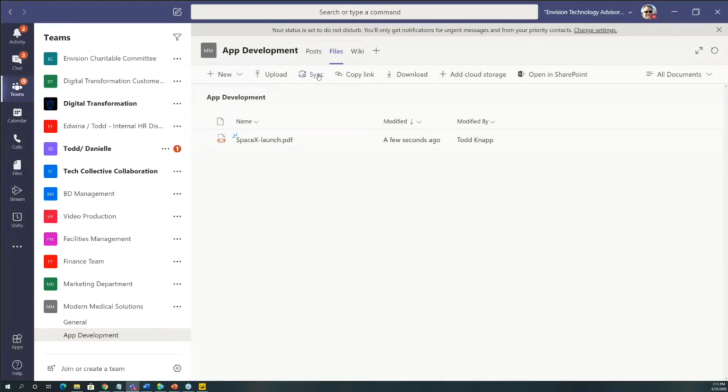Now, you'll notice there's a Sync button here. This is actually Files On Demand as connected to OneDrive. If I click this, this will sync this folder to my local computer, but there is a better way, because you'll notice I have a General channel and I have an app development channel. Maybe I only want to have one upline folder for the Modern Medical Solutions team. So I'm going to open this team in SharePoint,